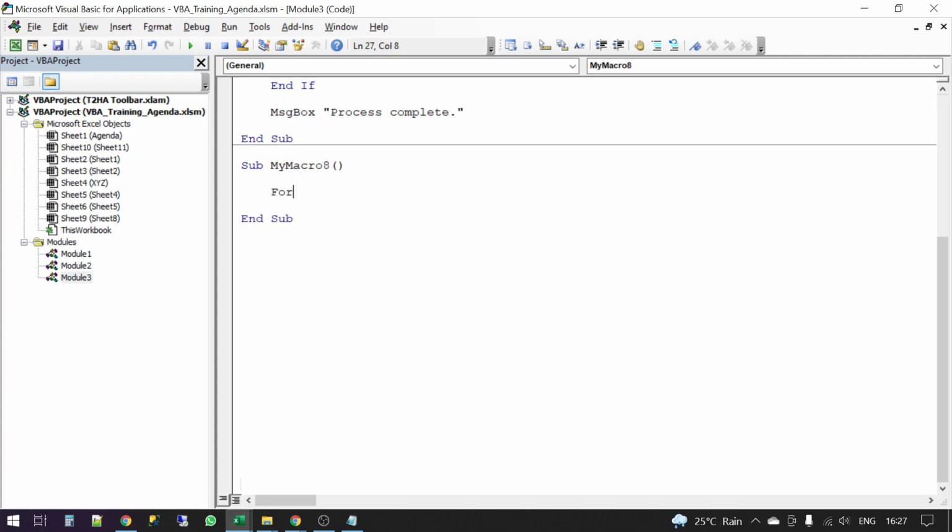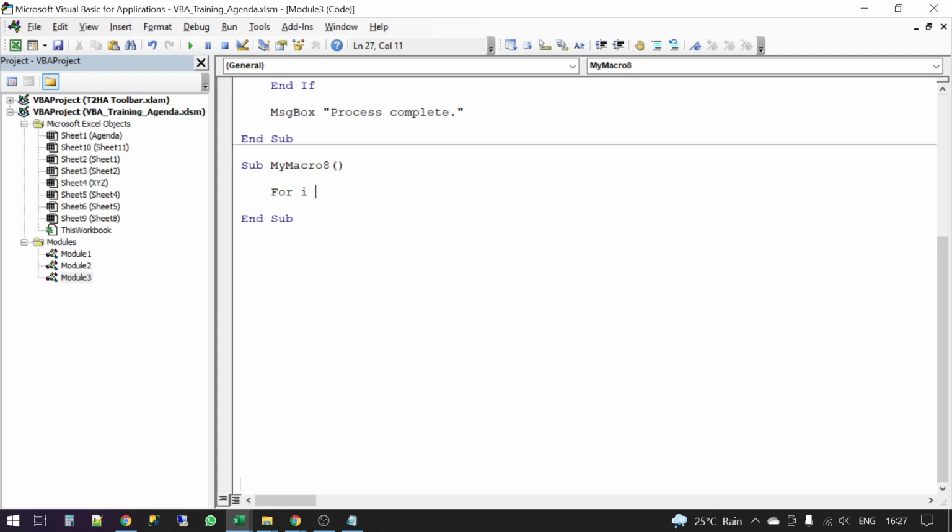You start with For. Then you use any variable of your choice: a, b, x, y, i, j, anything. But it is good practice to use the variable i. Everybody uses i, so if you read somebody's code which has i, you know that it has been used for looping typically.